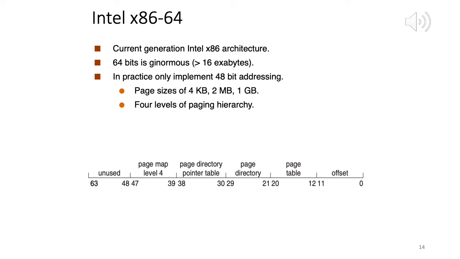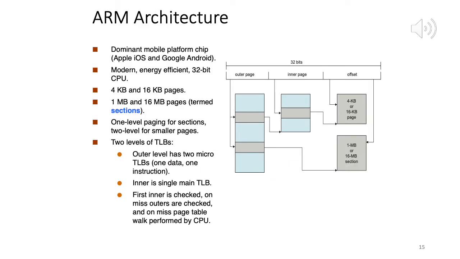So maybe if you are downloading an operating system, the size of the operating system is a couple of GBs. The size of the OS is also increasing now with more and more features being added. So perhaps 1 GB could be a good size there. Okay. So this is the Intel x86 64. So now I am on the last slide.